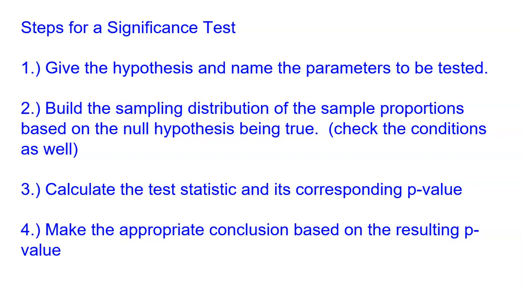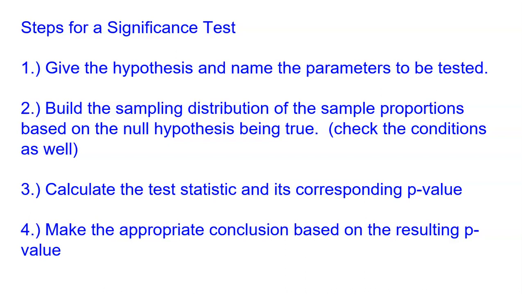Step 1 is give the hypotheses and name the parameters to be tested. What it is that you're talking about in the problem, like what is the proportion that you're dealing with, and what are your hypotheses about that proportion. Pretty easy step. Step 2 is to build the sampling distribution of the sample proportions based on the null hypothesis